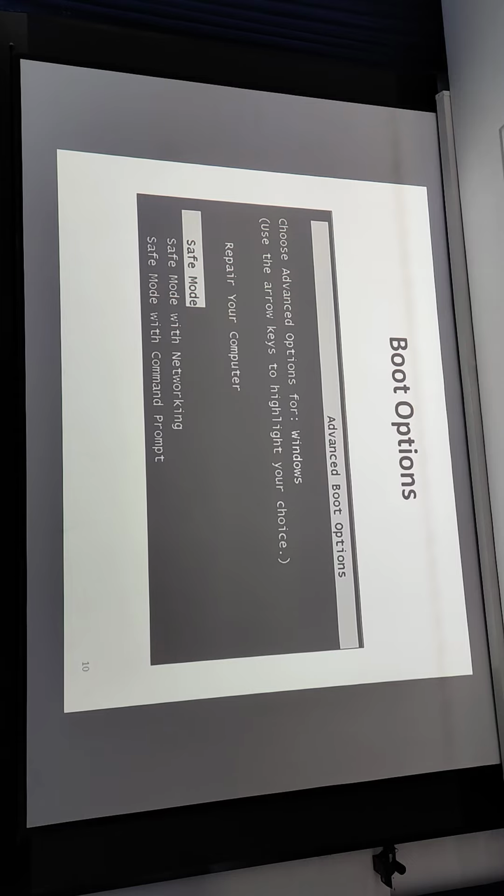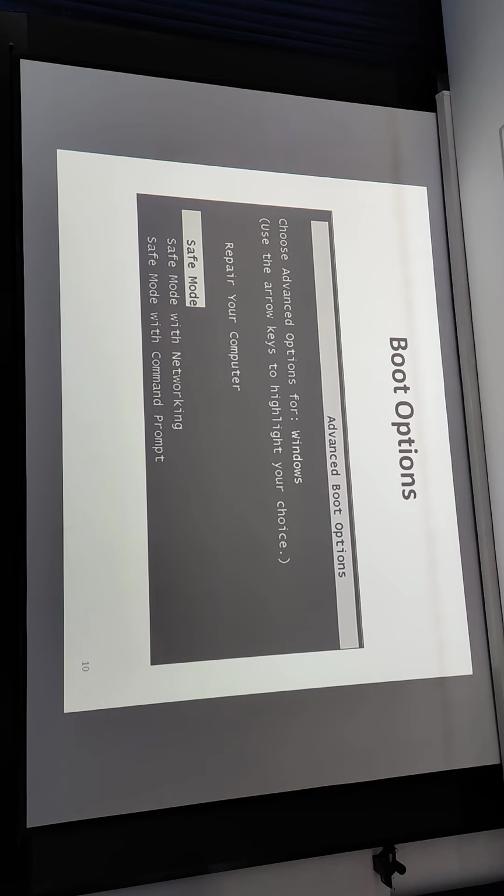For example, you start up in safe mode to check whether or not your hard disk is good. Especially when your computer has some virus, you can run some part of your hard disk and part of the operating system in safe mode and you fix the computer. Who has experience running Windows in safe mode? Raise your hand if you have experience. Yeah. Okay, thank you.